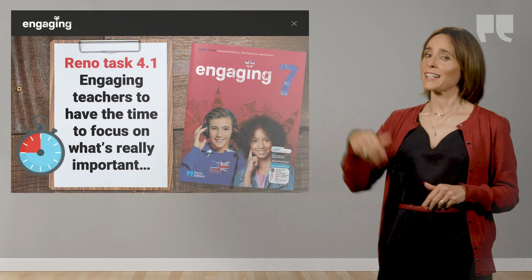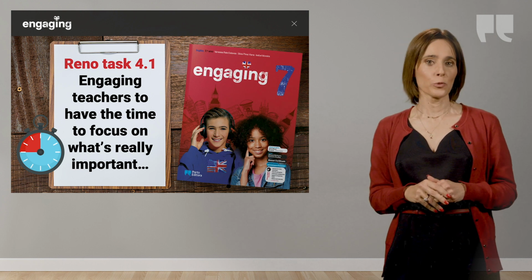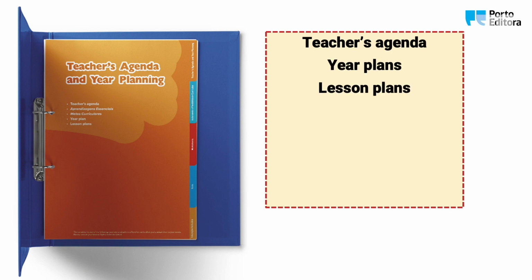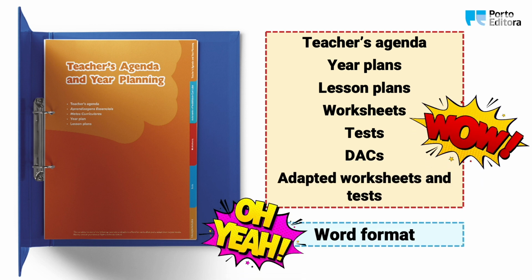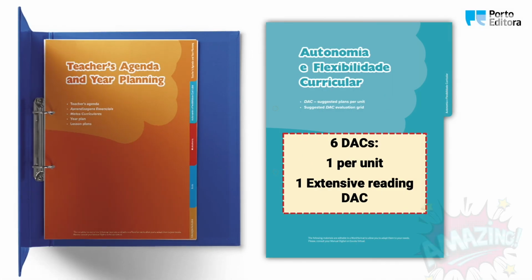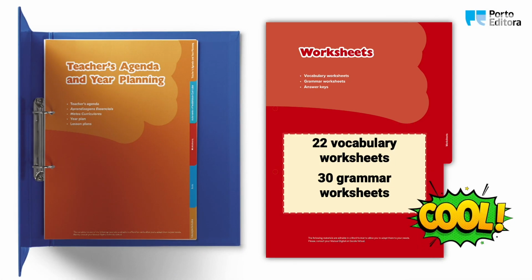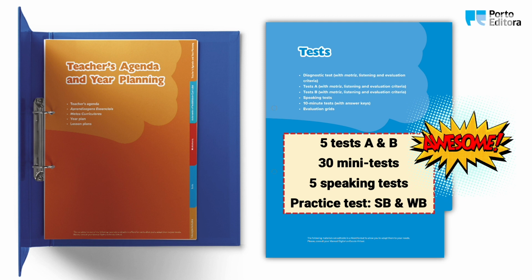Time for Reno task number 4. To help you save energy for the classroom where it's needed, we have given you a teacher's file with all the extras that you need to enjoy your teaching and learning garden. Everything is in a Word format so that you can personalize it, including the DACs we just spoke about, the vocabulary and grammar fichas that are a classic in any home,